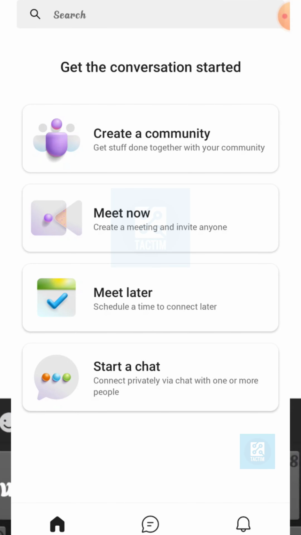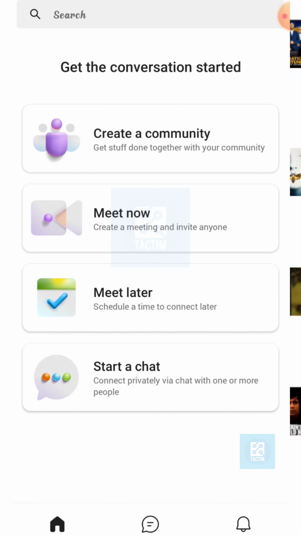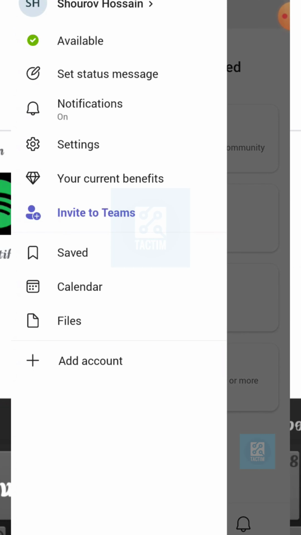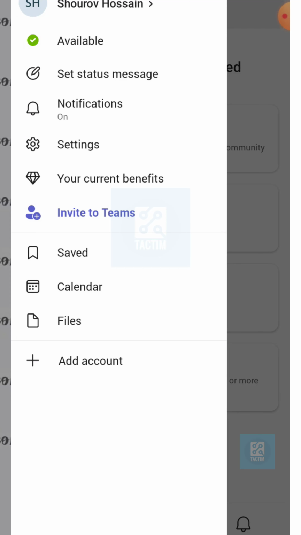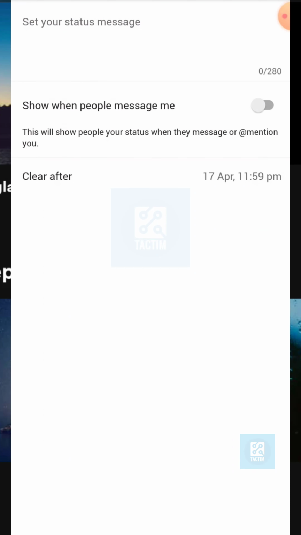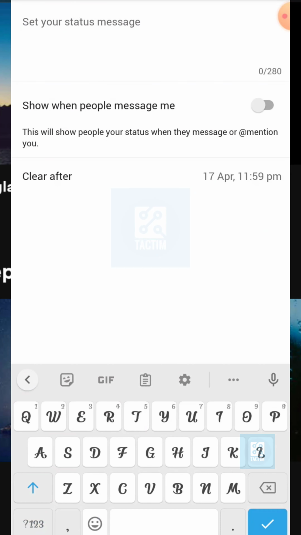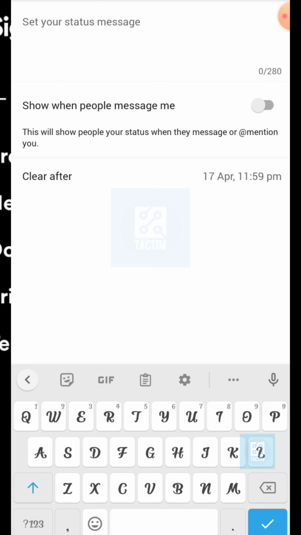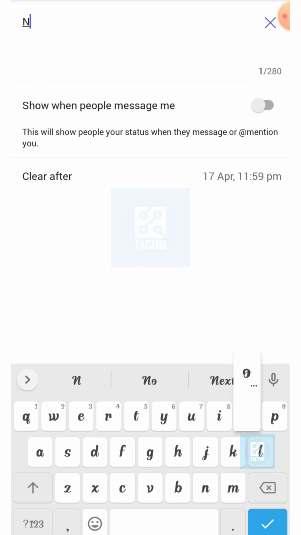Here you can see in the top left your profile icon, click on it. After clicking it, here you can see the third option is set status message, click on it. Here you can set your status message for out of office, just like not available,